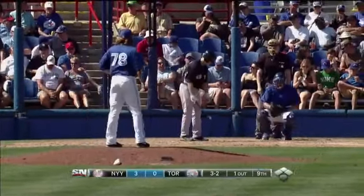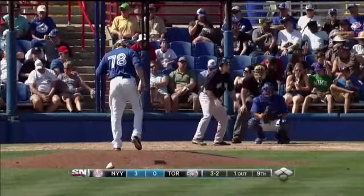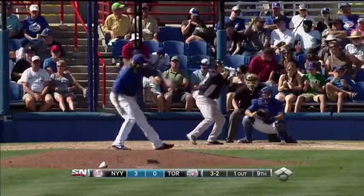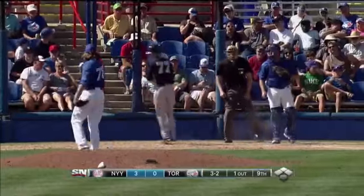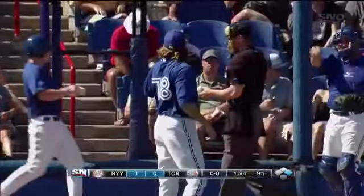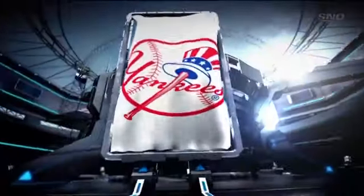Brummett now with full count, 1 out, top of the 9th. New York leading 3-0, 3 runs in the 5th inning. And that one skips up there. Walk. Well, we were talking about the Yankees and seeing some of these young players, and one of the reasons